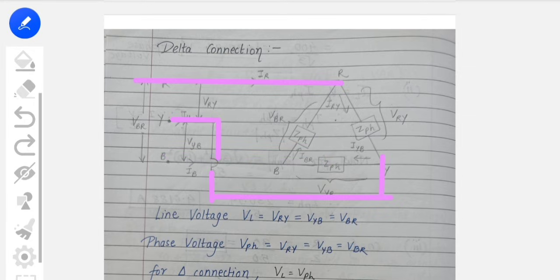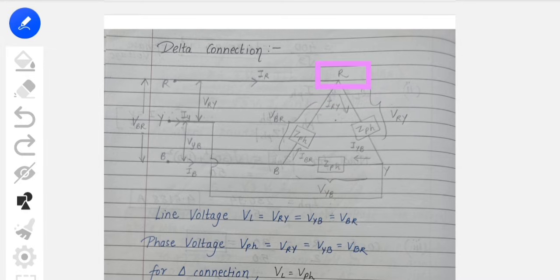I hope you understood. If you draw it once, it will become very clear. Why did we connect Y over here? Because we have R over here, Y here and B over here. This is the connection, and you have to make the same. Don't replace Y by B and B by Y. People make the same mistake and their diagram goes wrong, and again their whole derivation goes wrong.